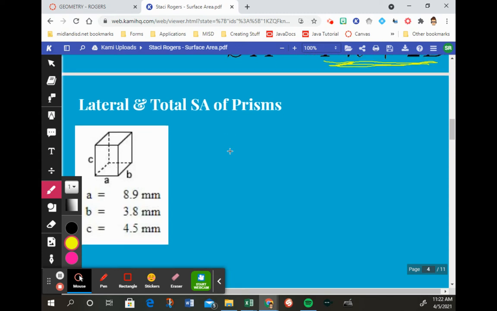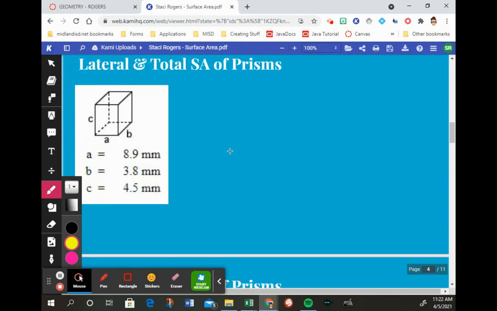Okay, so let's look at this figure. I'm going to show you an easy way to find this. In this figure, I see the lateral surface area going around the figure like this. And the bases are right here and right here. Do you see it like that too? I hope so. So let's take a look at how we're going to figure this out. If I were to draw this picture out as a net,